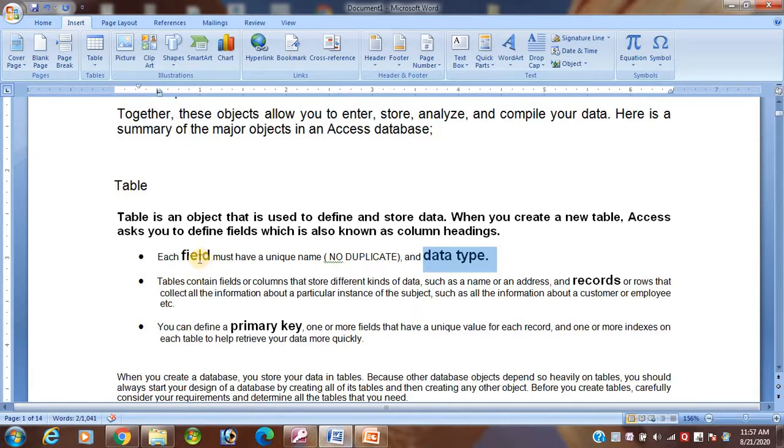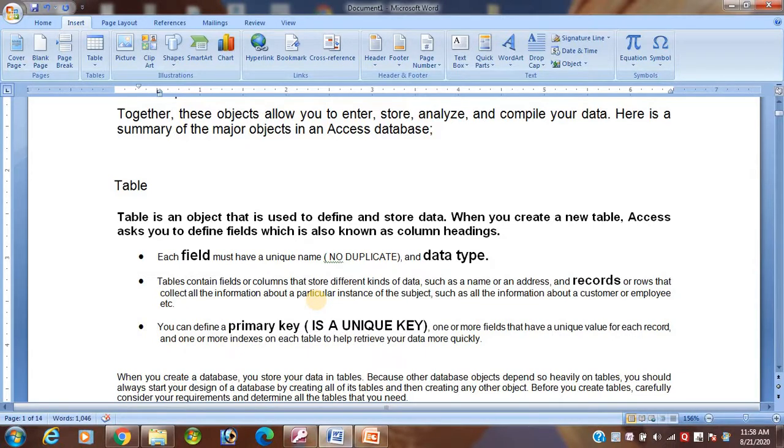Okay, just like name of the student, roll number, class, address, these are all the fields, and each field must have the data type, and some of the fields we need the primary key. And what will the primary key? Primary key means unique key. Okay student, I am writing here, primary key is a unique key.